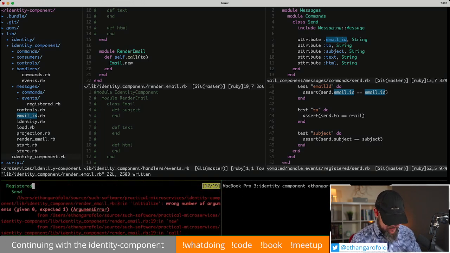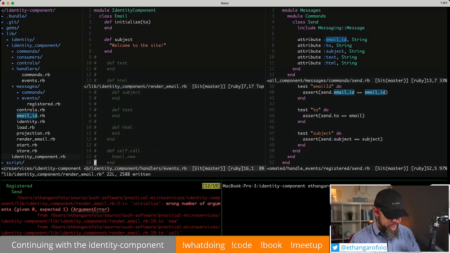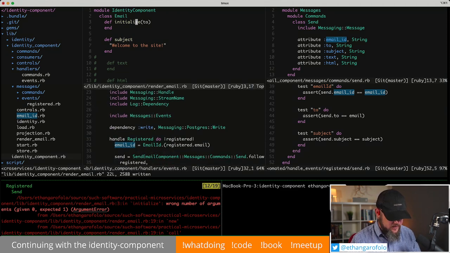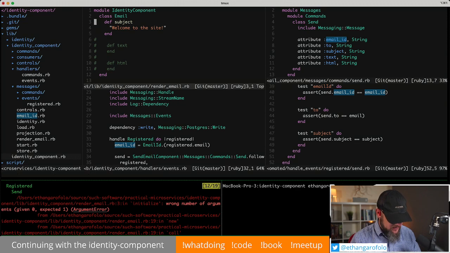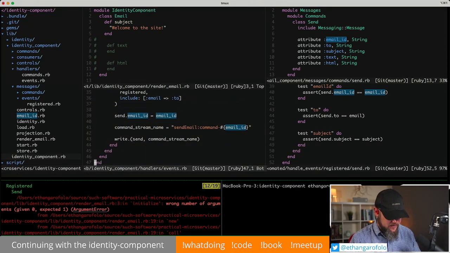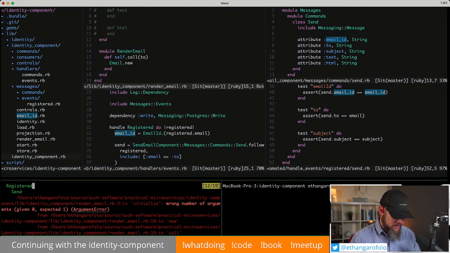That's sad. What happened here? Wrong number of arguments. Render email. Line 3. Given 0, expected 1. Well, where did we call it? Oh, right. Oh, silly me. Yeah. No. We don't need this right now, because that's not what's receiving the to address. That's coming in. We pass it to the call. Right. Okay,